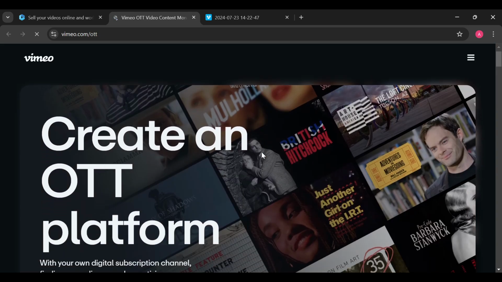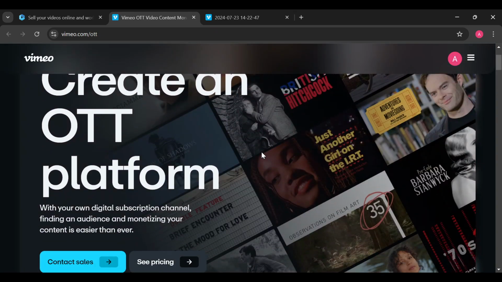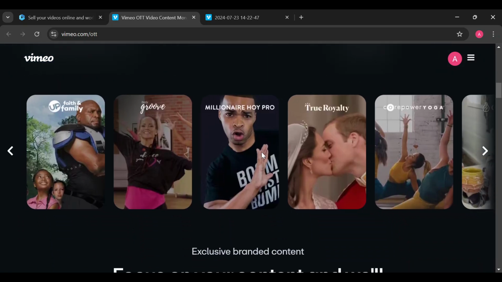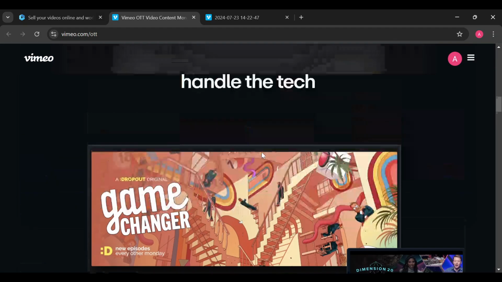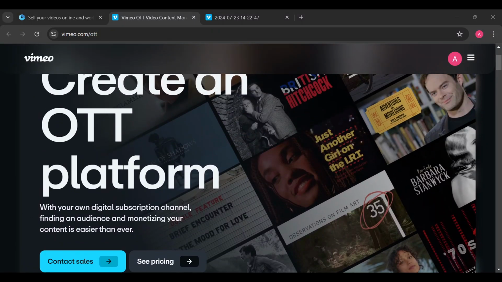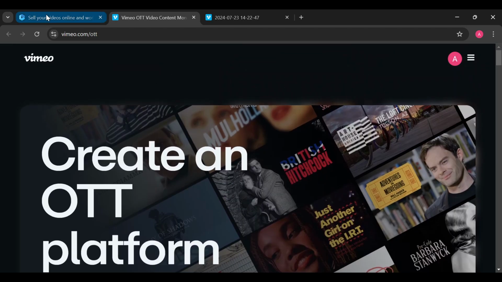And yeah, the next step will be for you to create an OTT platform. So ensure you create one. After creating one, follow the prompts, and then you'll be able to sell your video by making use of this platform. So you can see how it is. So this is how it works. Alright, this is how you can sell your videos. You can monetize your videos